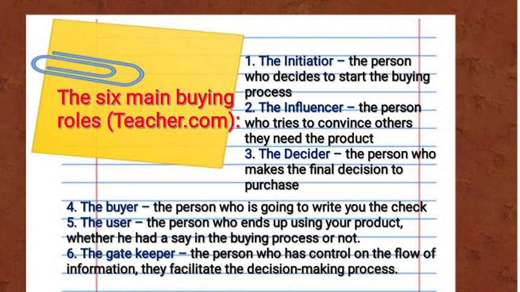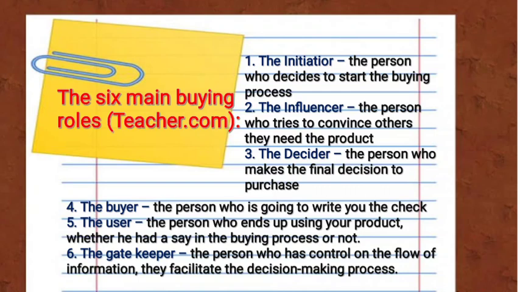Okay? And lastly, we have the gatekeeper. The gatekeeper is the person who has control on the flow of the information. They also facilitate the decision-making process. Okay? So, minsan, influencer din tong si gatekeeper. Pero somehow, there are cases kasi in the buying roles na si gatekeeper nagiging